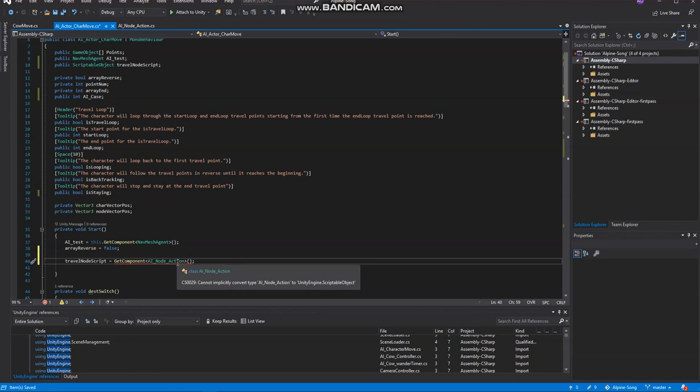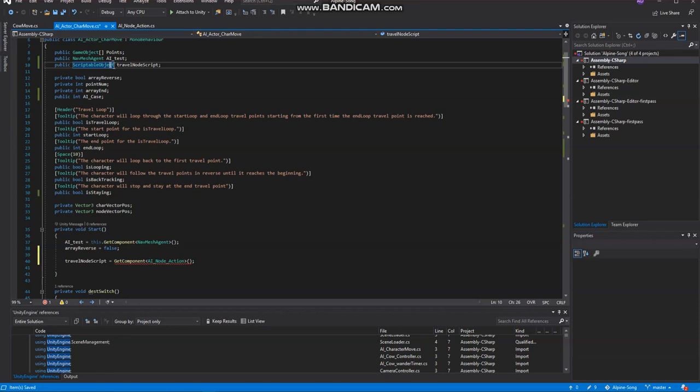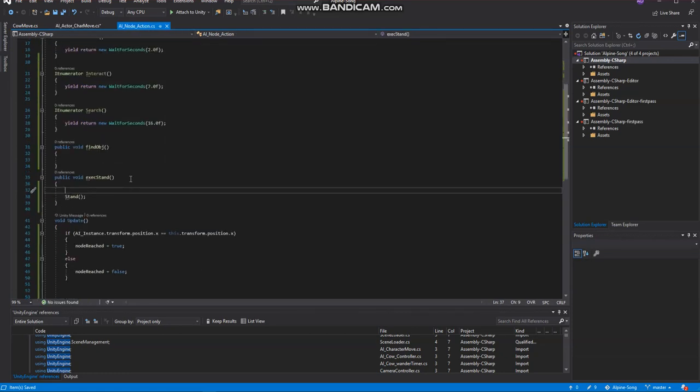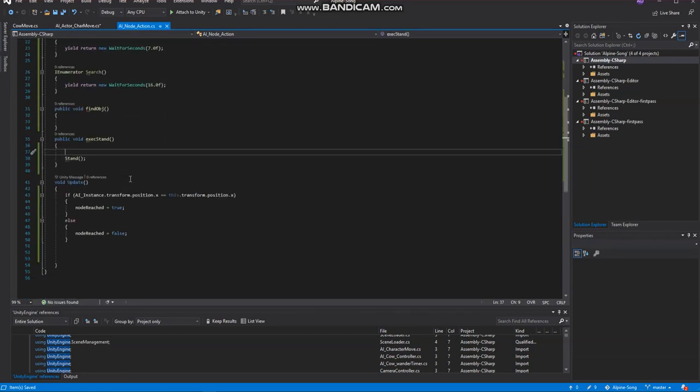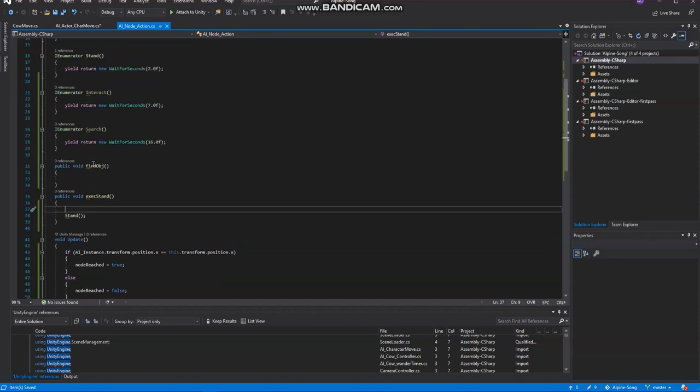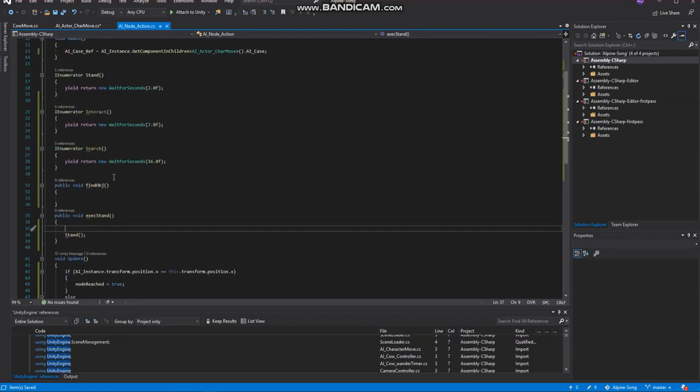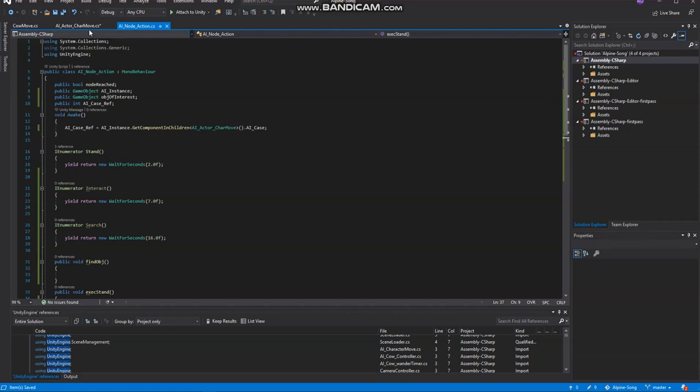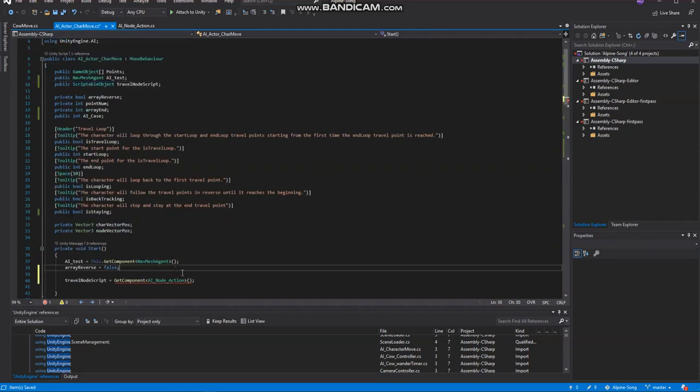No. Can't convert it to a scriptable object. Alright, fine. This is the most confusing part. Alright, fine. Fine, we'll just reference